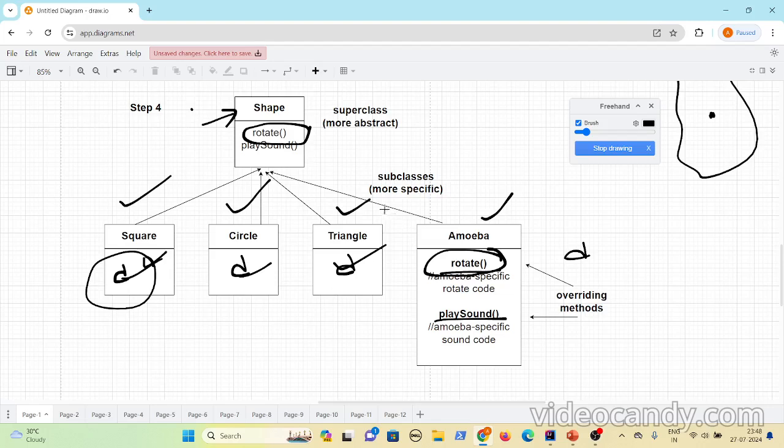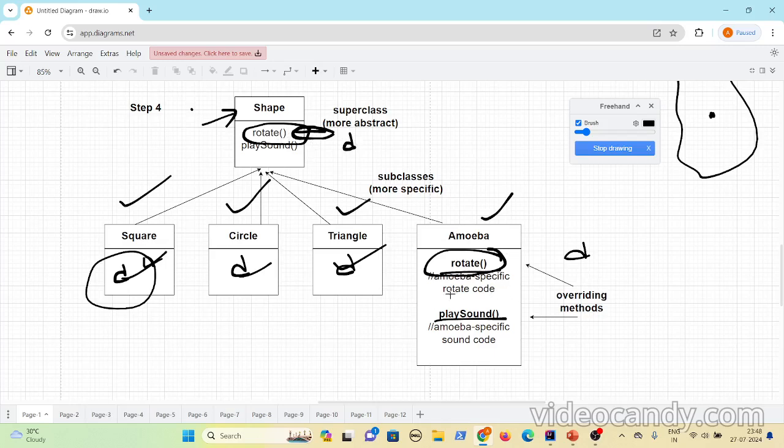Now here we have overridden the rotate method and the play sound method. There can be cases where you want to extend. Let's say in the rotate method you have some logic: first it prints its center and then it rotates. Or let's say a draw method is defined in the shape class.